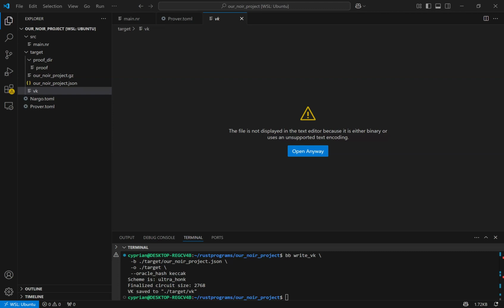And again, to verify the proof, it depends on which command you used to generate the verification key. So we have had two commands for generating the verification key. Did you generate using the scheme Ultra Honk, or did you generate using the Keccak? Depending on what you used, you would again